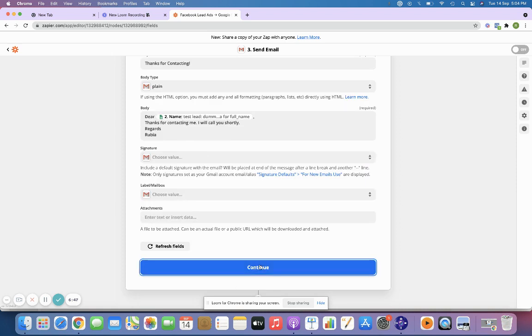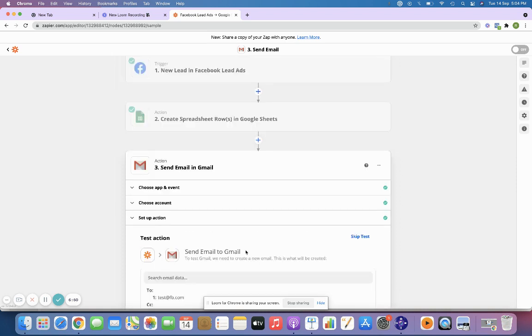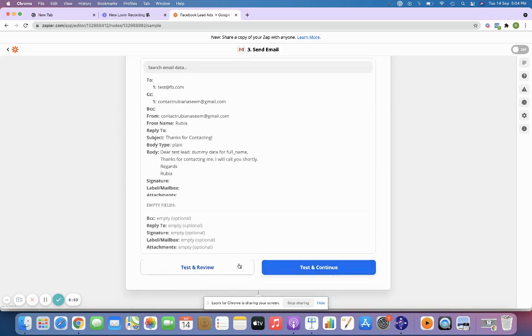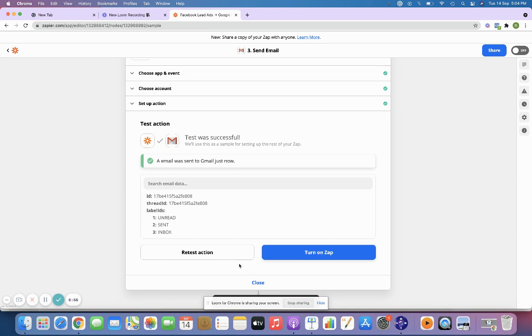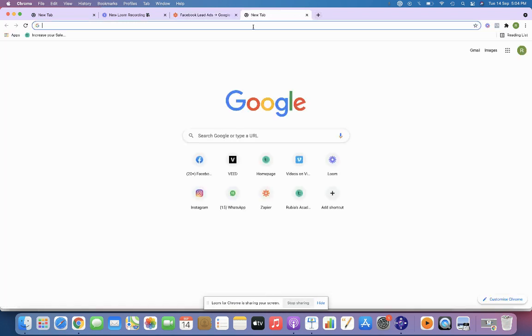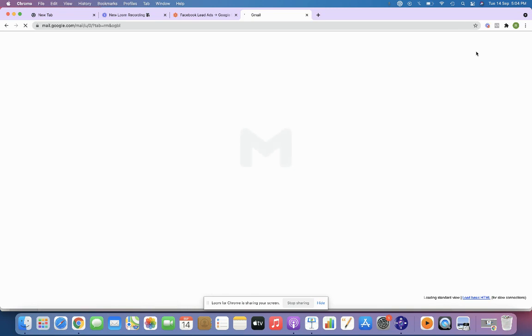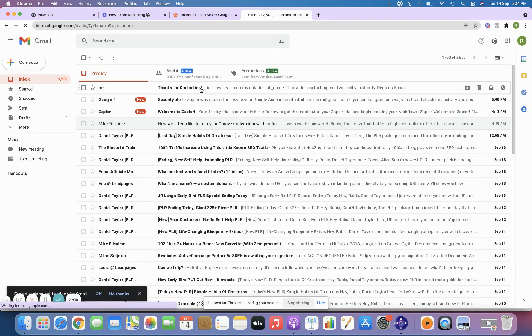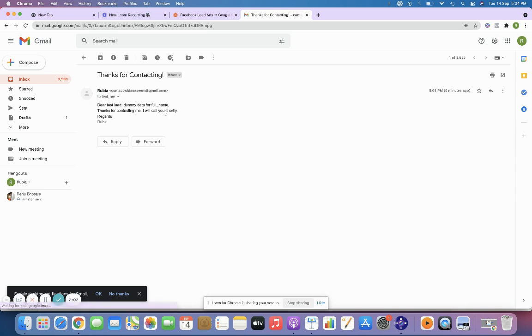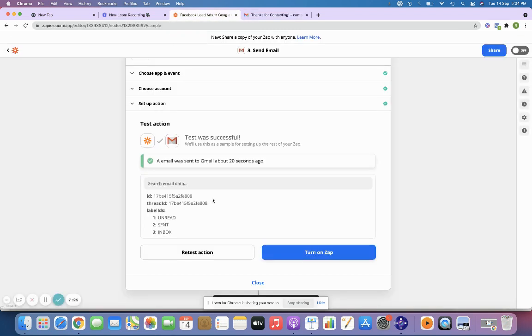So I'm just going to click continue, and I'm just going to send a test to see whether it is really working or not. So now I am just going to open Ruby and Asim email. When you see here, you will be able to see Dear test, thanks for contacting me. This test lead is nothing but, since the name has not been entered, it is showing something like that. Thanks for contacting me. I will contact you shortly. Regards, Rubia. Fine. So this is how you send a reply to a lead that has come to your Excel,